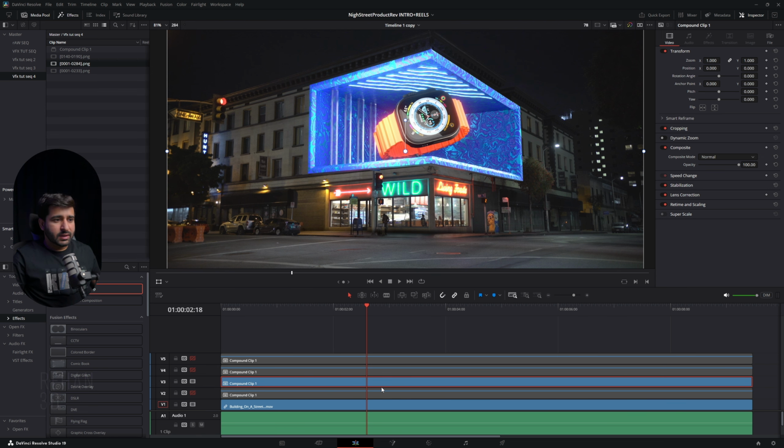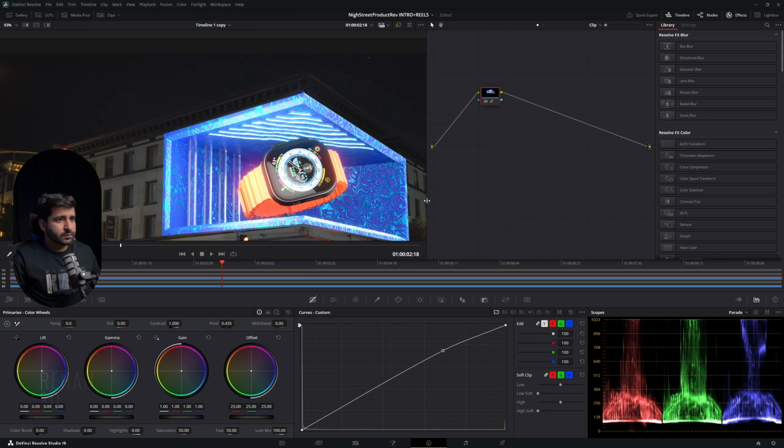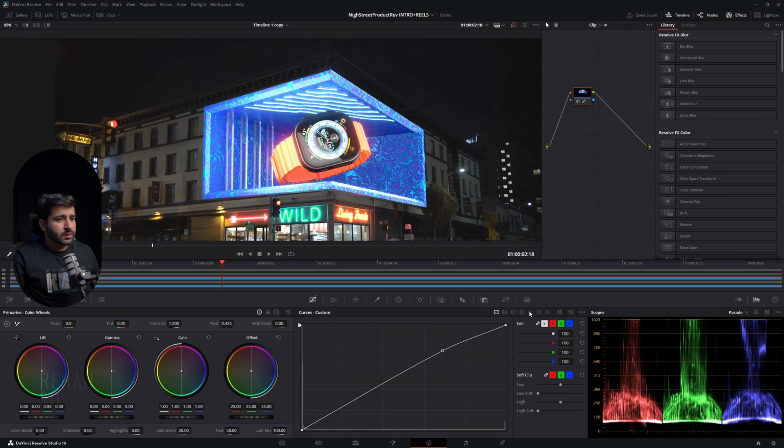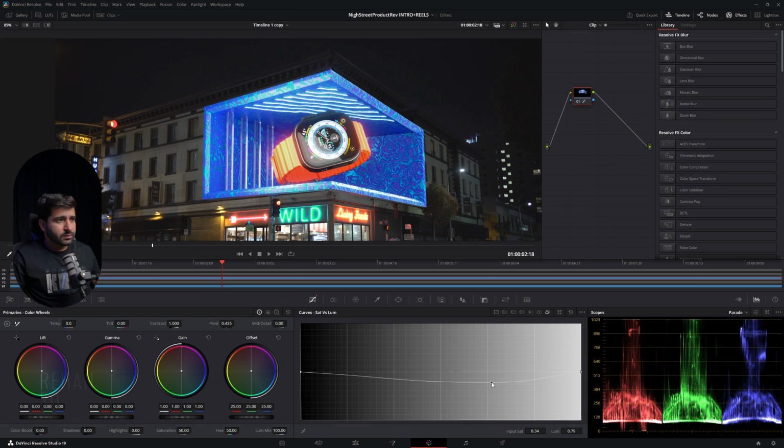With this I will go into the colors and make some adjustments, like enhancements. You can change its color strength also, the saturation or gain.